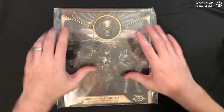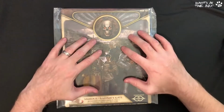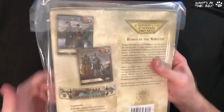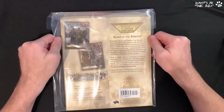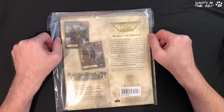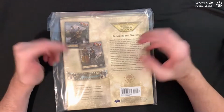Now, this is something that came up in a discussion recently. This is an item from my own personal collection, and we were talking about 4th edition and the various stories that are there, and I think it came up on a live stream actually. We were talking about how good some of the stories were. We know that some people didn't like the 4th edition rules, but this came out, this is a title called